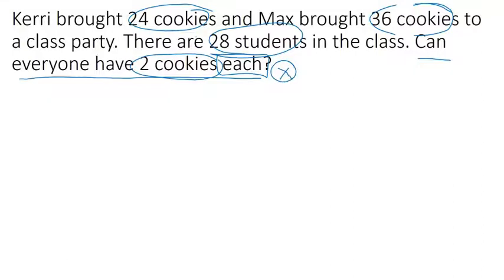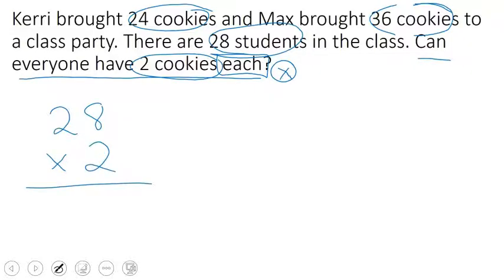So now that we've cubed it, we have all of our important information marked. Let's go ahead and explain. How can we solve this? Well, our question is, can everyone have 2 cookies each? In order to solve this, I need to know, well, how many cookies will we need? Everyone needs 2 cookies each, and I know there are 28 kids. So 28 kids, each one wants 2. So remember each, we're going to multiply that. And let's see, 2 times 8 is 16, we'll carry our 10. 2 times 2 is 4, plus 1 means 5 tens. So I need 56 cookies